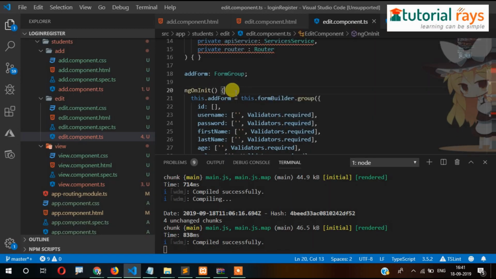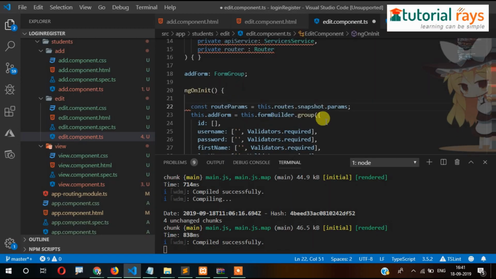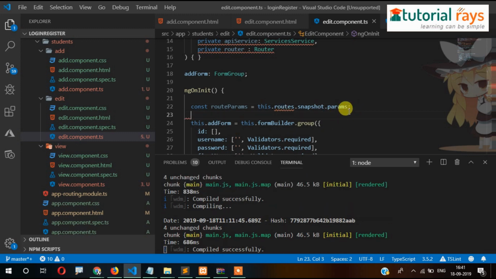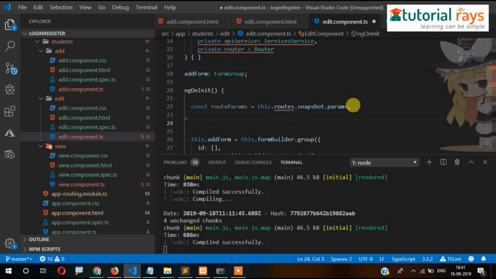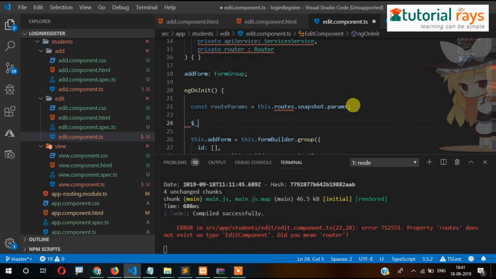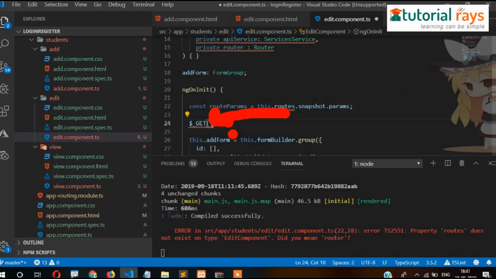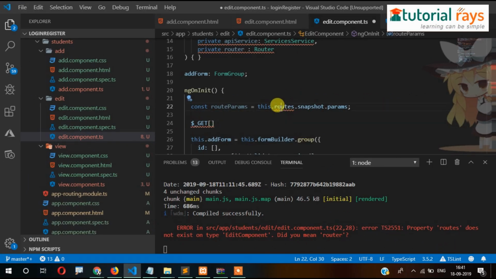Here we need to write a code for giving the parameter. If you come from a PHP background, then you might be knowing $_GET. So this is something like this. So now we need to